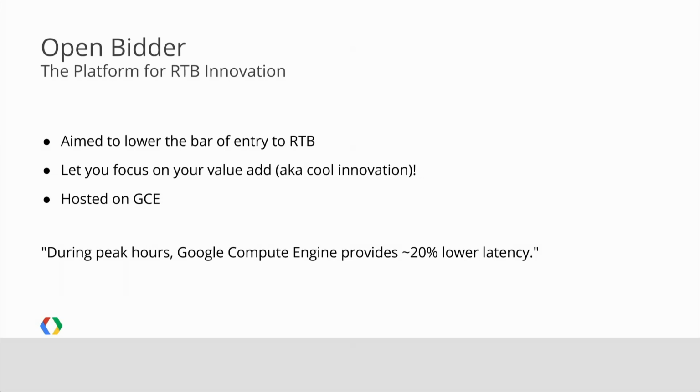The latency for bidders is a huge deal, as we mentioned before, and we really want to lower the bar of entry. So we want to give you back as much of that 100 milliseconds as we possibly can. So instead of spending 40 to, worst case, 80 milliseconds just in network traffic, we want to minimize that, ideally sub 5 milliseconds, but I can't quote numbers just now. We want you to focus on cool innovation. We want you to innovate in RTB.